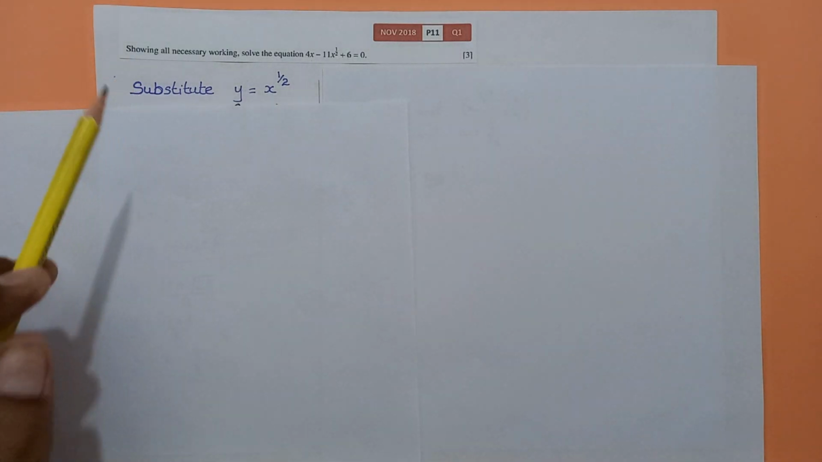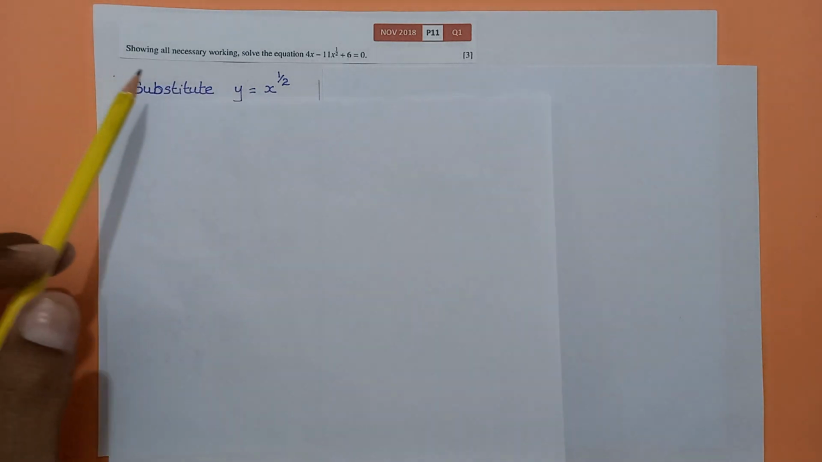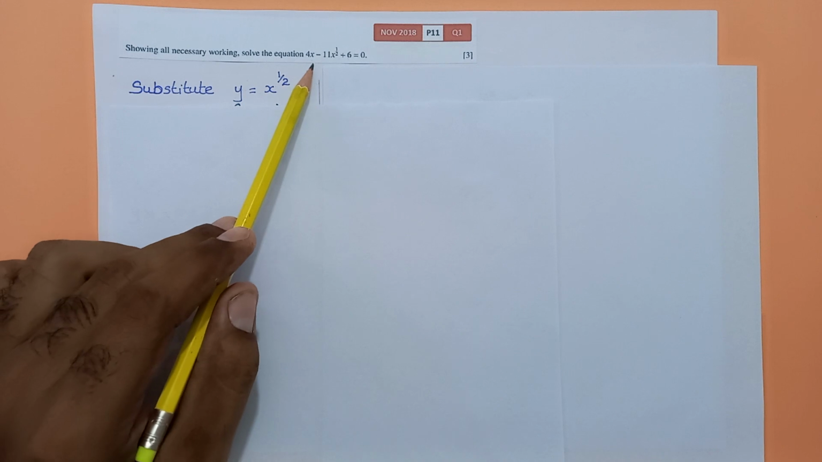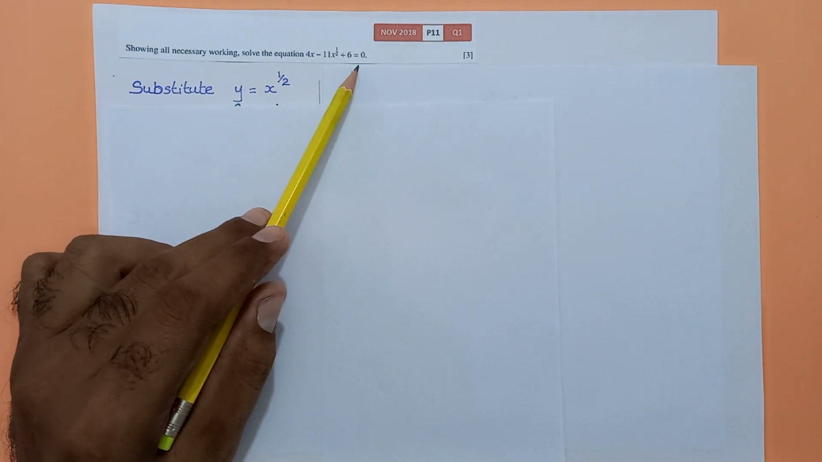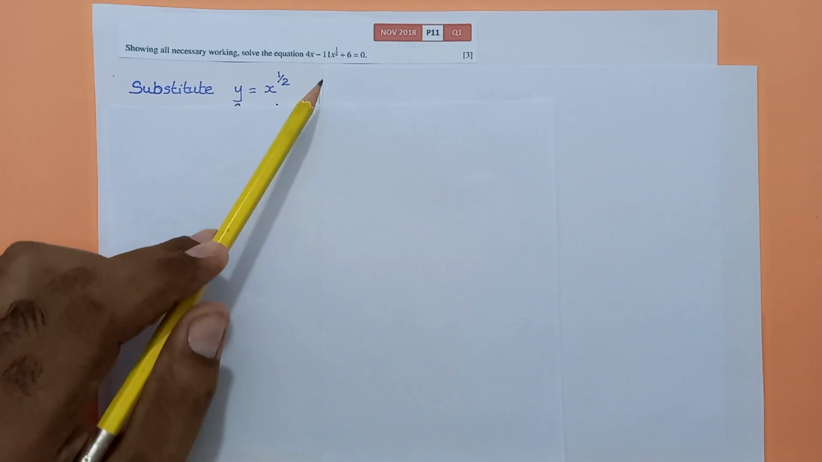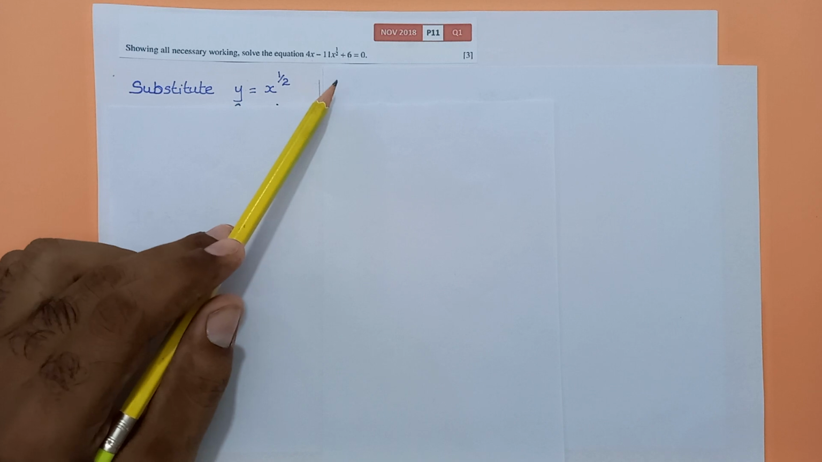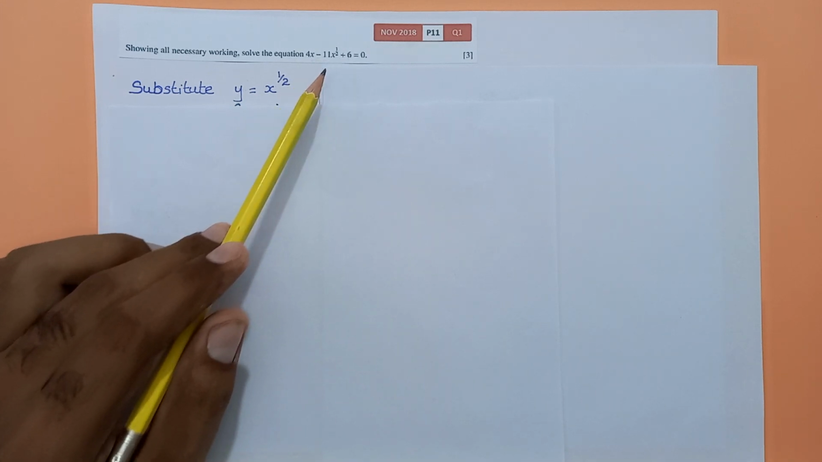Hello everyone. We have a question which says: showing all necessary working, solve the equation 4x minus 11x^(1/2) plus 6 equals 0. It is not a quadratic equation, but if we go for proper substitution, it can be converted to a quadratic